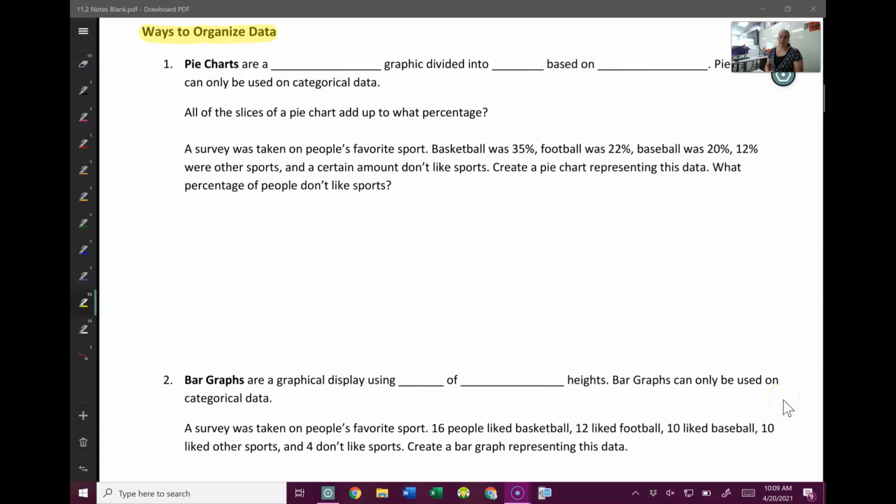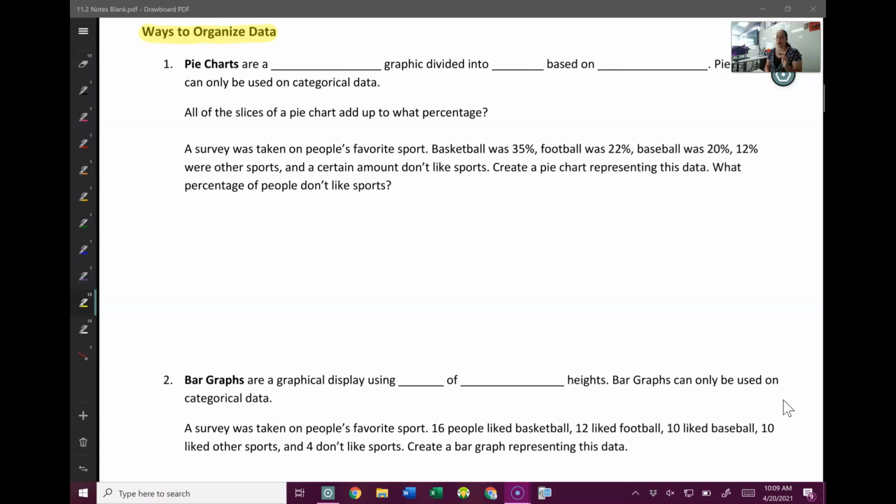Let's talk about ways that we can organize our data. This is different types of graphs. Now, you will use different types of graphs based on if your data is categorical or quantitative, like we talked about in the last video. We're going to spend more time on quantitative graphs because that's the kind of question you have to ask for